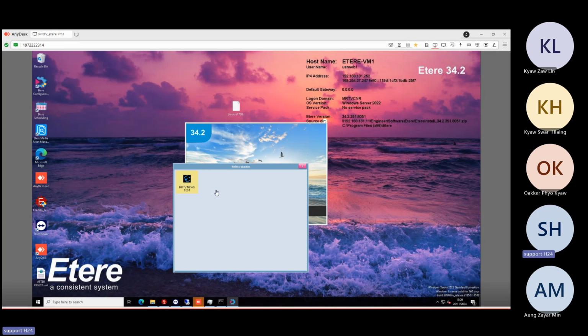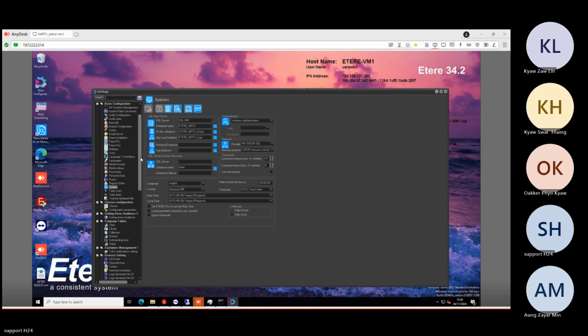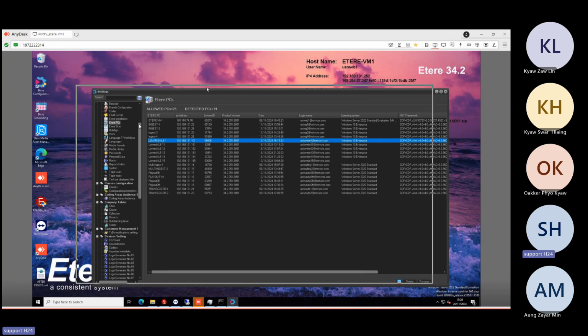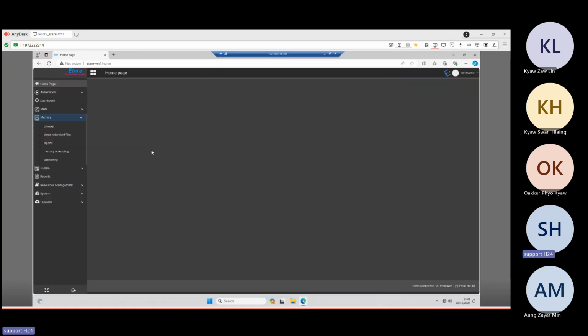So again, just to double check it, on the PC list we have that low-res NLE-1 server that can be removed from the list, so you will have a lower number of detected PCs, and you will be allowed to use more clients. By the way, back to the configuration,